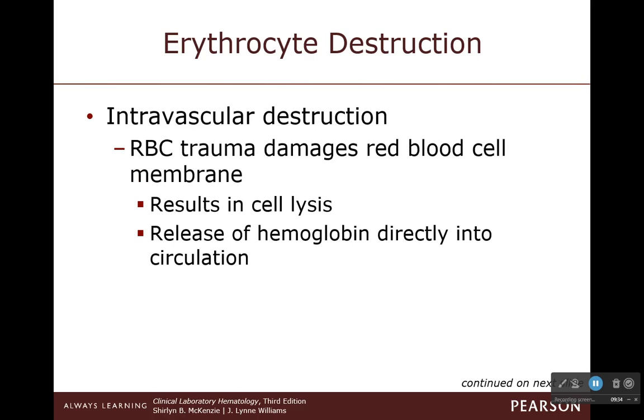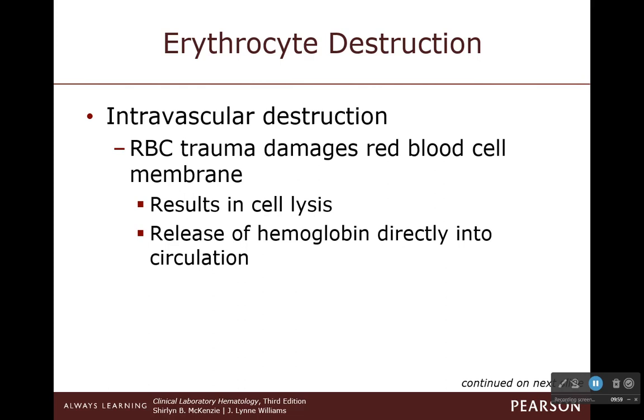Intravascular means just like what it sounds, inside the vessels, okay? So inside the arteries and veins, we don't want this to occur that often. And if we do, it should occur in very small amounts, all right? If it tends to occur more, you have an increase in what we call intravascular destruction, we have a problem,